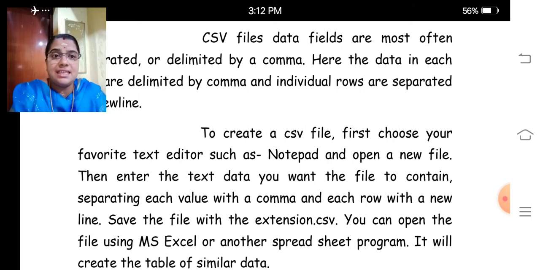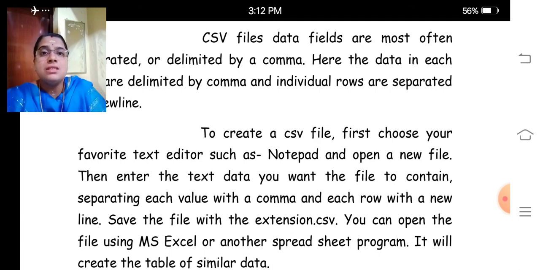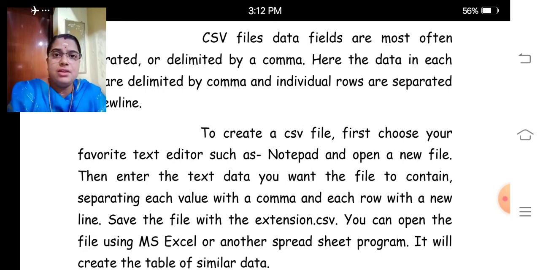Then enter the text data you want the file to contain, separating each value with a comma and each row with a new line. Save the file with the extension .csv. So CSV file is nothing but comma separated values. 1 line, 1 record. So if you are entering 10 lines, 10 records will be there. 10 rows will be there in the data frame.